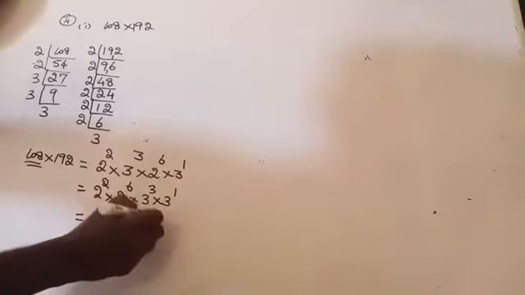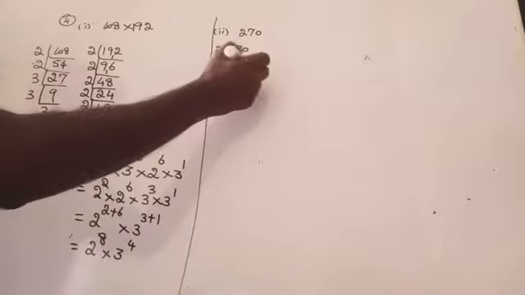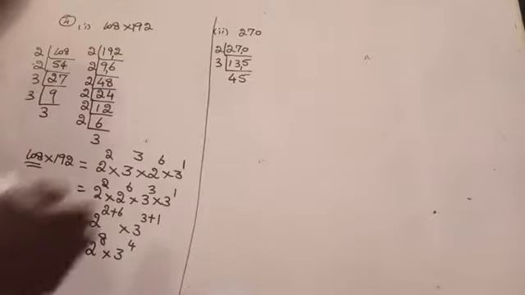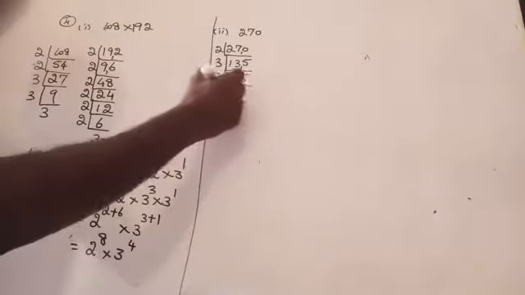Then, what is the divisibility test of 3? If the sum of all the digits of the given number is a multiple of 3, then it is exactly divisible by 3. So 1 plus 3 is 4, 4 plus 5 is 9. So 9 is a multiple of 3, so it is exactly divisible by 3. So 3, how many 3s are there? 4 3s are 12, remaining 1, how many 3s are 15? 5 3s are 15. Again, 4 plus 5, 9. 9 is a multiple of 3, so it goes with the 3 table again. 3, 1 3 is 3, 1, 5 3s are 15, again 3, 5 3s are 15.